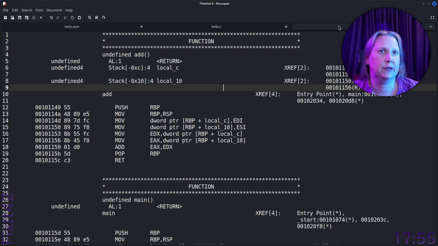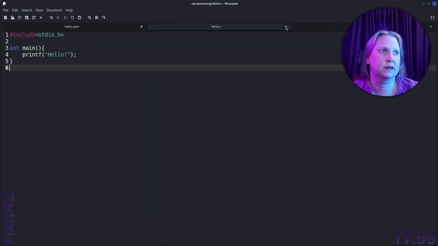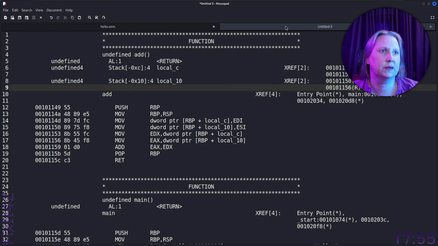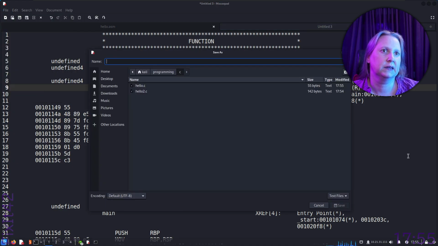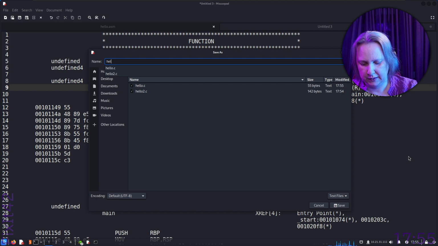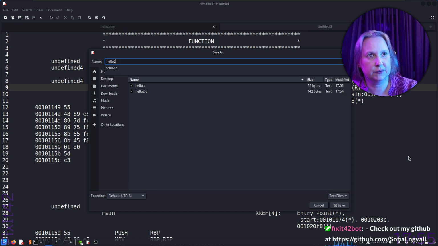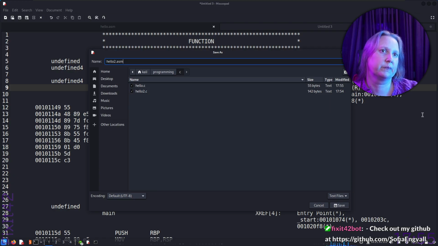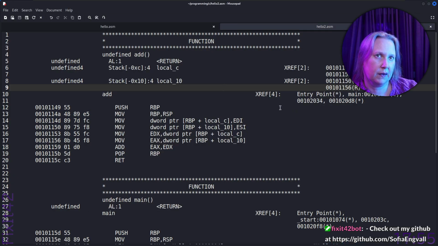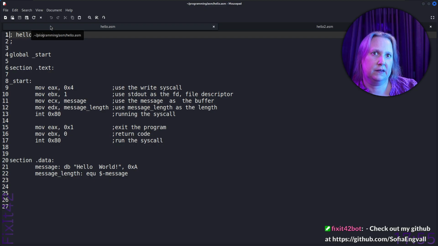And here we have, let's skip this one for now. We don't need that one right now. We want to make a new ASM file. So save this as hello2.asm, and we have to change a lot to make it this style, but